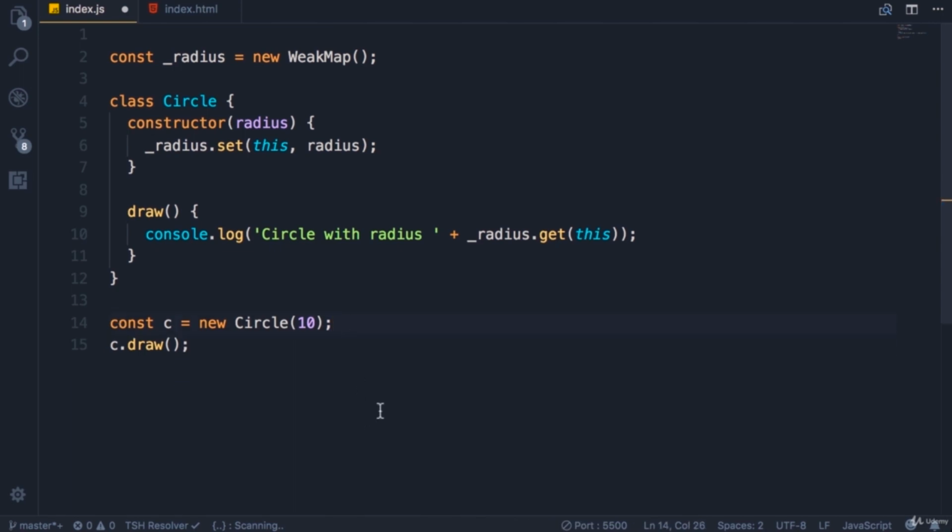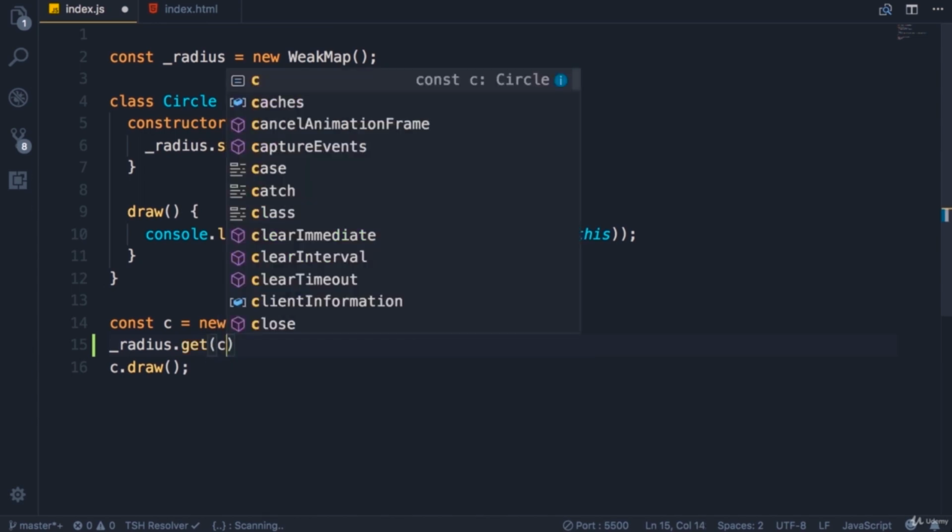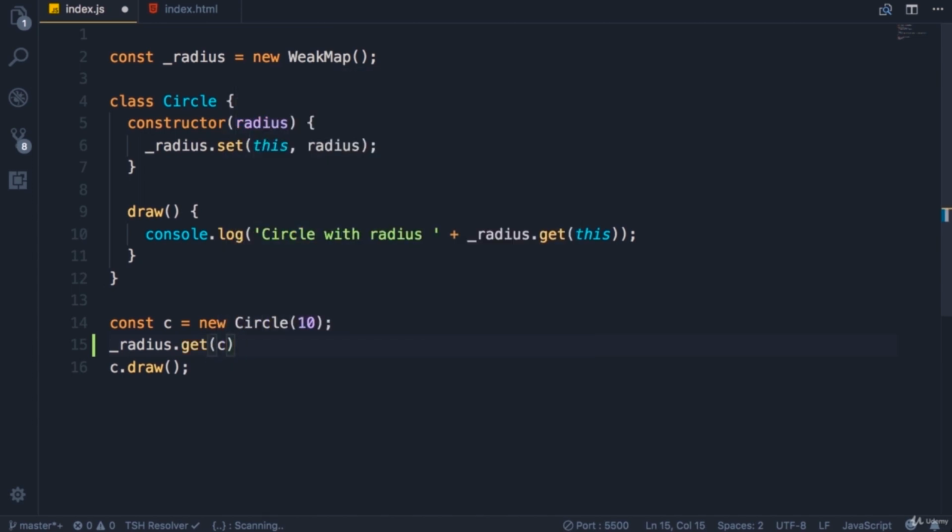However, in this code, if I have access to this _radius WeakMap, I can read the radius private property of the circle object. So here, I can call _radius.get and pass this circle object as the key, and what is returned will be the value of the radius property. So if we log this on the console,